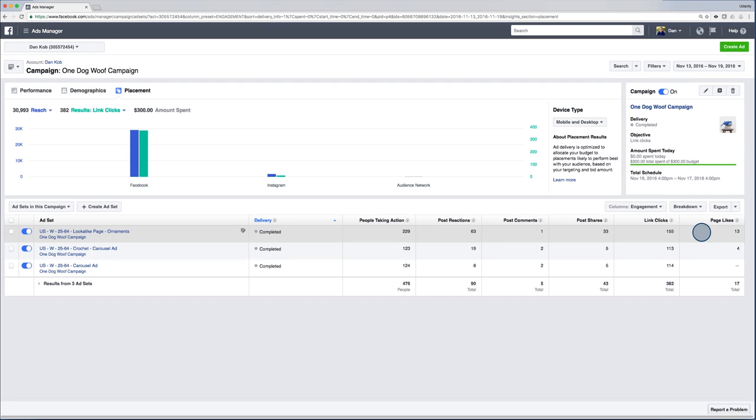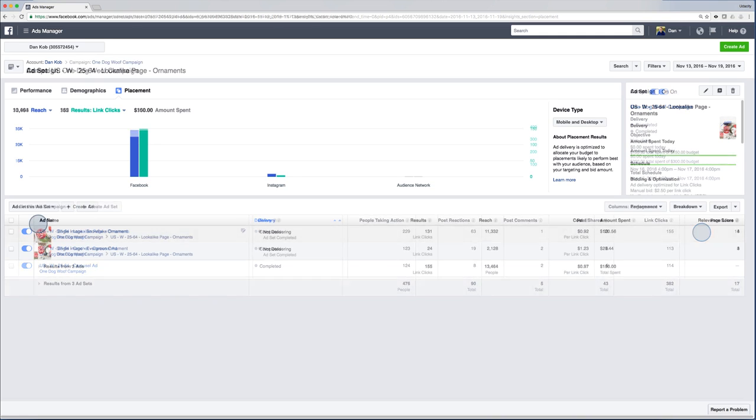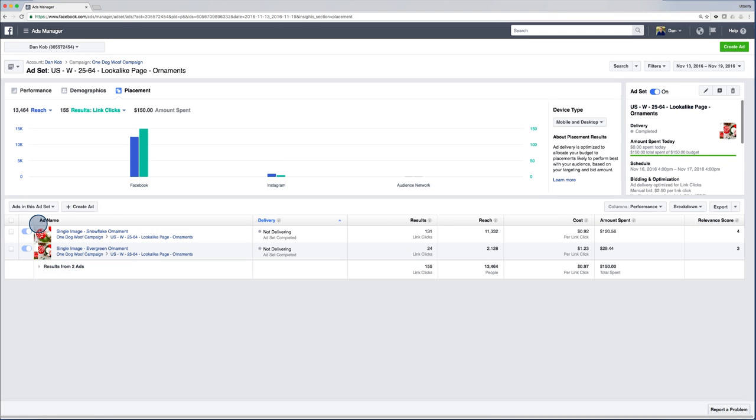To do that, we click on the ad set itself. We're now in the ad view for this ad set. In the first row, you can see the ad that was advertising the snowflake ornament, where we used one large image. And in the second row, you can see the ad that was promoting the evergreen ornament, where we used a collage of images. And in the columns to the right, we can see how well both ads have performed. The snowflake ad has received 131 clicks at a cost of 92 cents per click, whereas the evergreen ad has only received 24 link clicks at a cost of